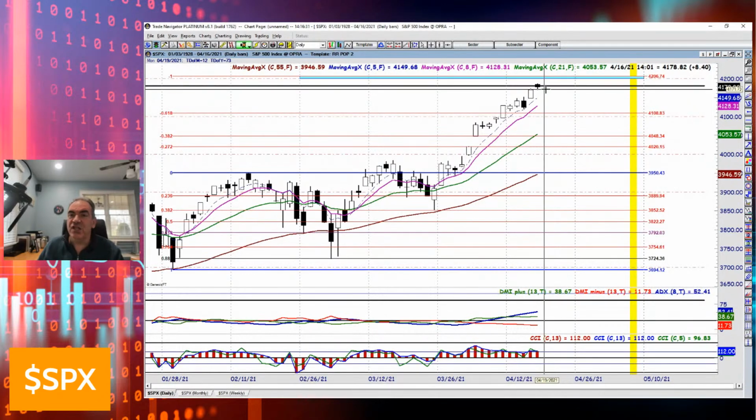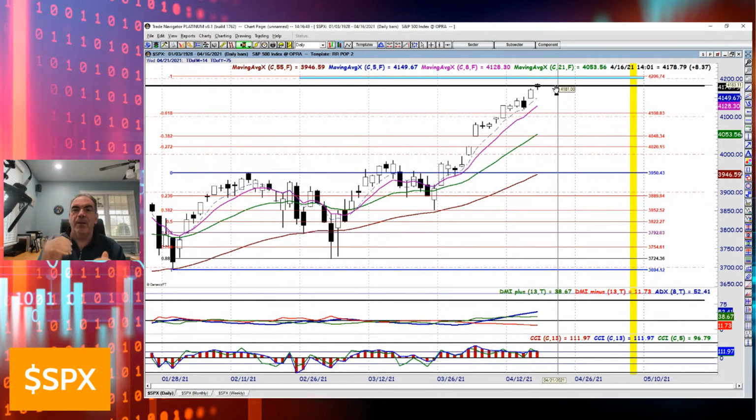I would like to see, if I had my choice, if I could call the market maker and say, dude, this is what I need you to do. Get up above that black line. Close somewhere above that 4181 level. 4183, 4184, just slightly above there. And then Monday, see a retracement back to it and a bounce would make me extremely excited if I could get that kind of move.